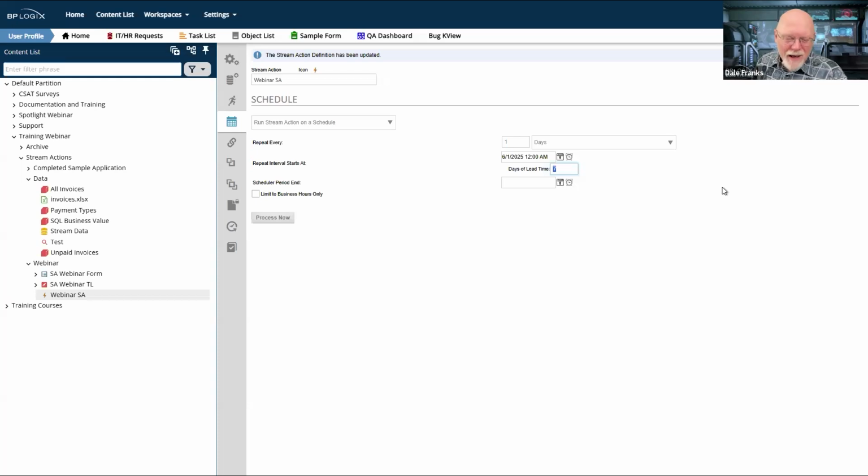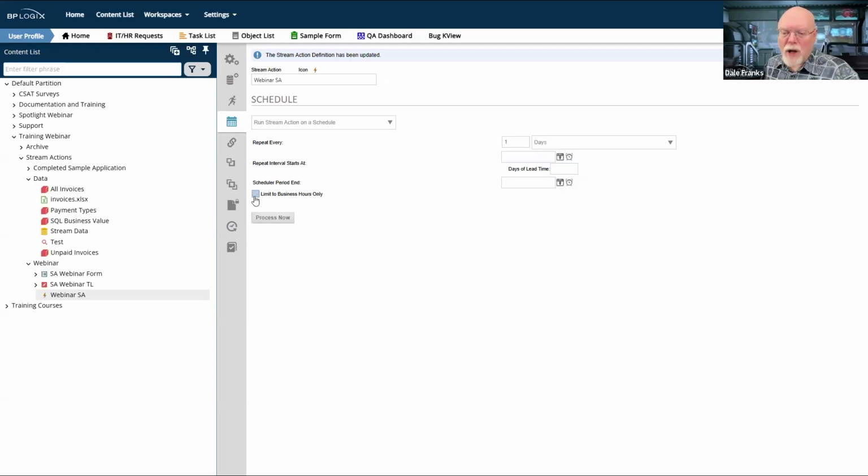This is common, like in the goal, when we're checking on things, like if a report has to be done by a certain date, and has to be approved and the timeline completed, or whatever it may happen to be. That's what this is set up to do. I'm not so sure that that's something you would do in terms of scheduling for a stream action, but it might be, so you have that capability.